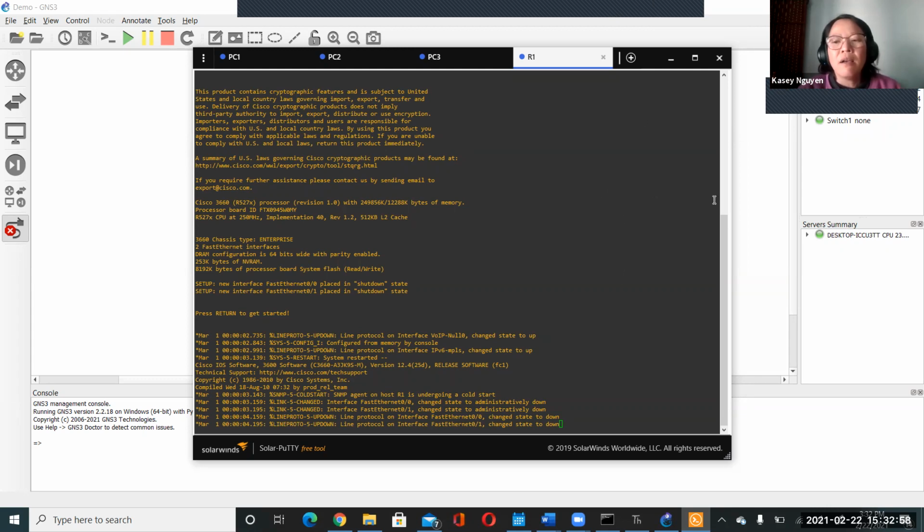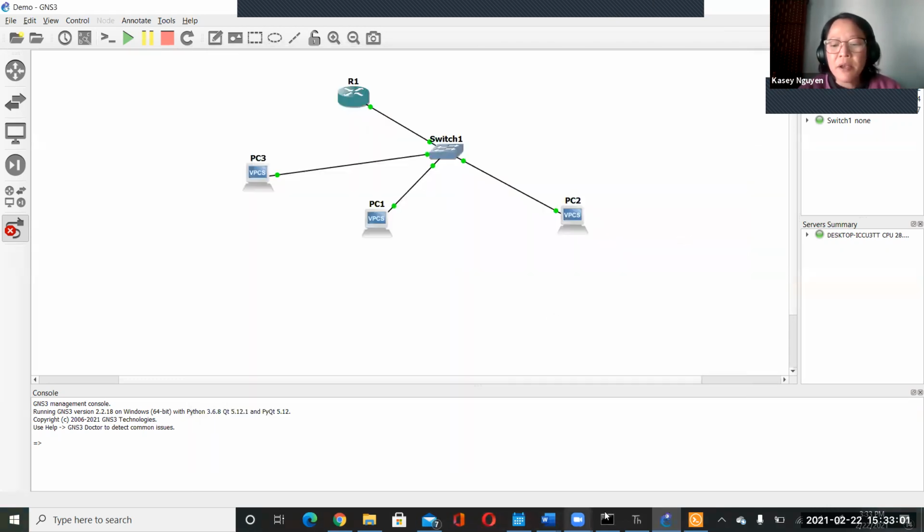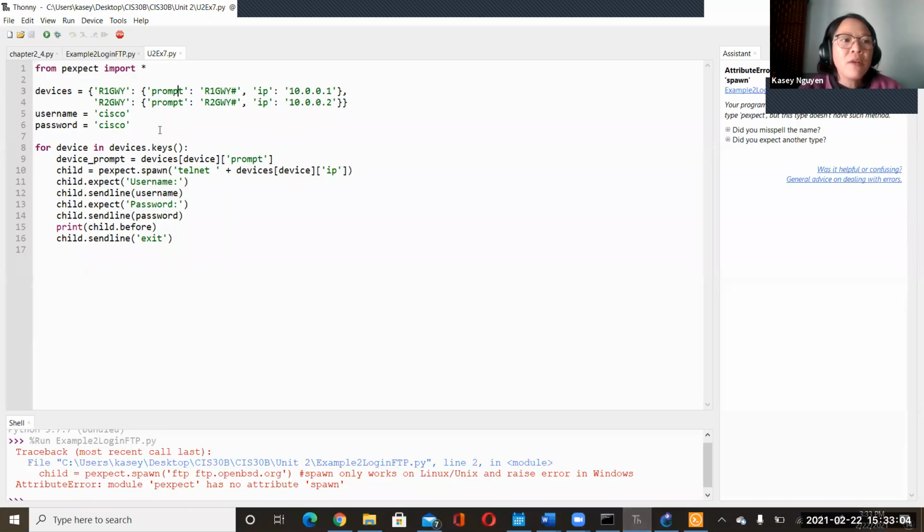So it's taking a long time, I'm sorry. But in the program, you're going to have it prompt, and it's going to show like this, okay? Think about the command line and terminal, which shows your user account and all of that good stuff. On the router, it shows the router name and the hashtag, okay? And it will also show IP addresses. So we are going to expect some of that, okay?